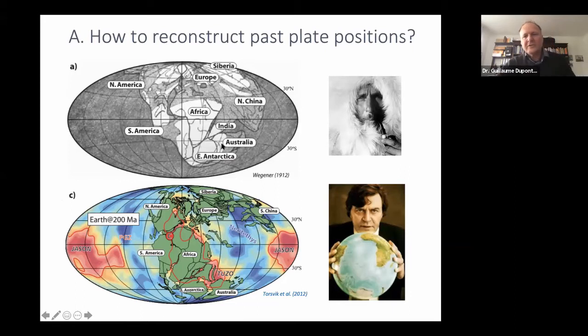One thing we have seen already in the last lecture. This is Alfred Wegener, our friend from Berlin. Already in the early 20th century, he proposed that plates used to be one big Pangean plate. The basis for this is actually looking at fossils and rock types. But since then, a lot of work has been done, and I will explain how we can position all these plates very precisely now.